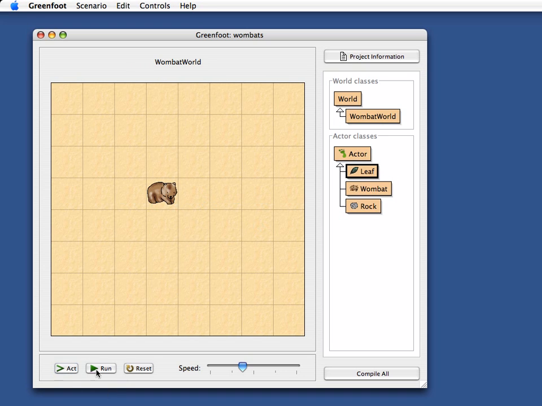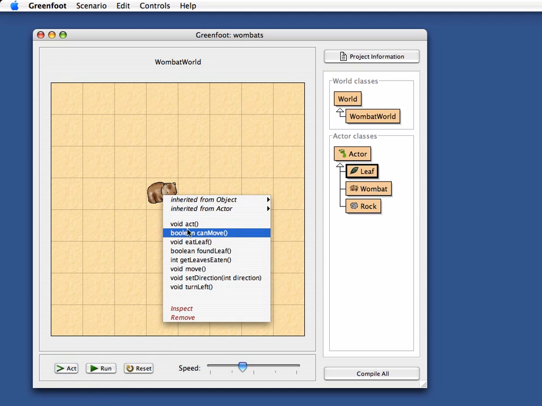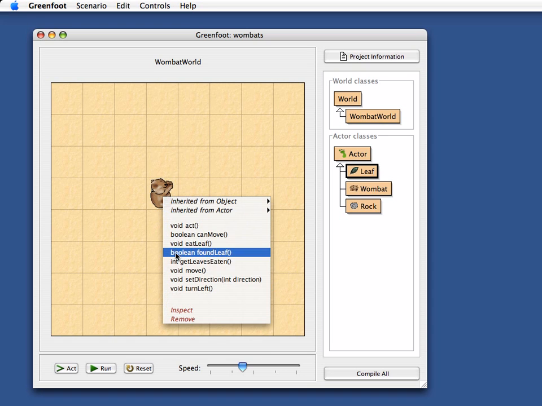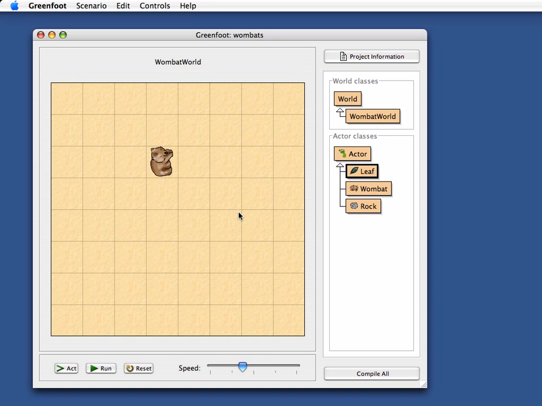I can not only use the control buttons to interact with this, I can actually click the object and I see all the public methods that this object has. And so here, for example, I can directly invoke the turn left method and the wombat will turn, and I invoke the move method and the wombat will move. I can also